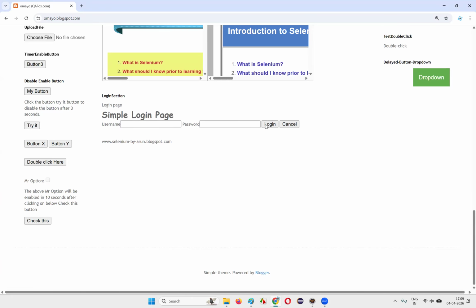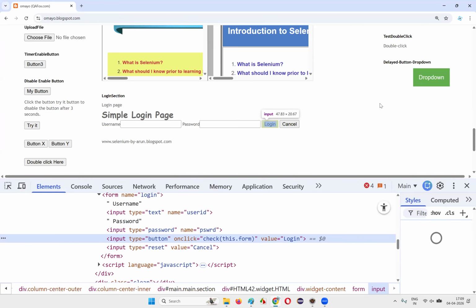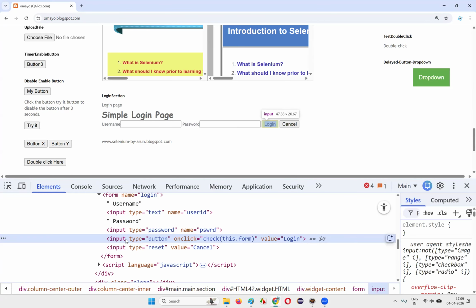In this case, we have to find the locator for this login button so that using that locator, the Selenium test automation tool will be able to locate this element so that it can later perform the operation on this element. So how to find the locator of this button element on this page? For that, we need to right click on this button element and select the inspect option. The moment you do that, you will get the HTML code written by the developer for developing this login button